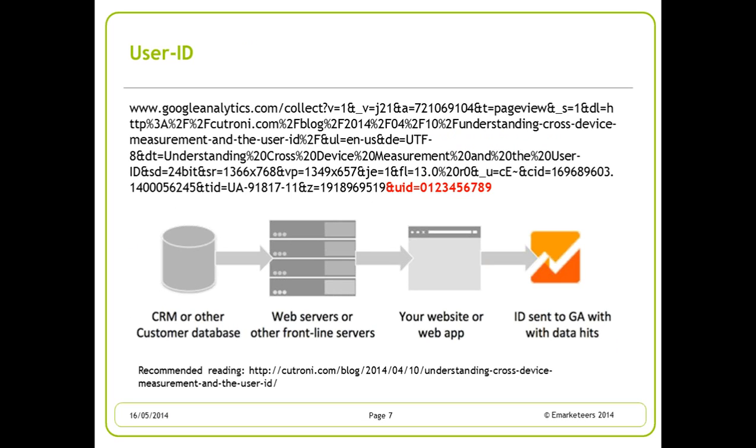This is the code here at the top. What you see here is what is sent as part of a request when data are sent to Google Analytics. These are basically all the data that were previously stored in Google Analytics cookies. In fact, there's less data because we have fewer cookies now. But what you see here in the end, in red, is this UID, or user ID.